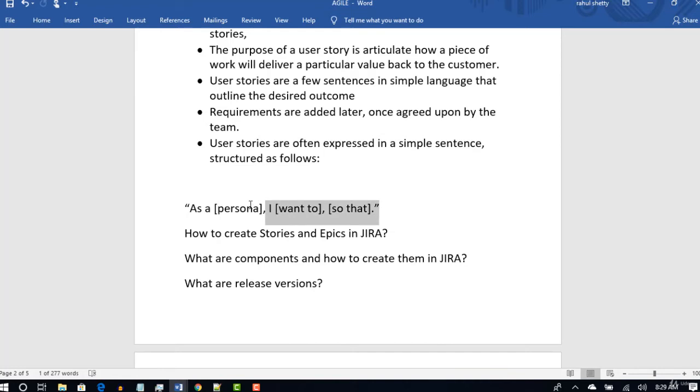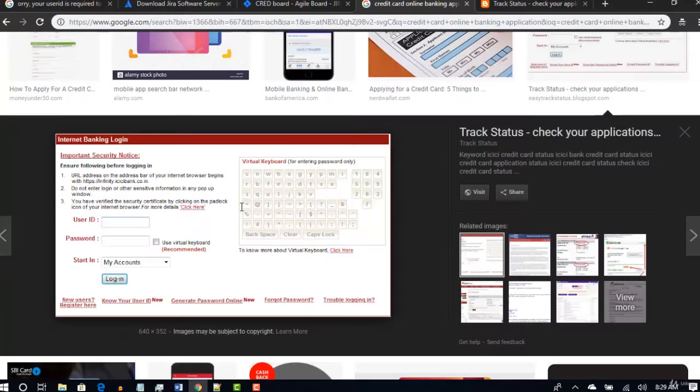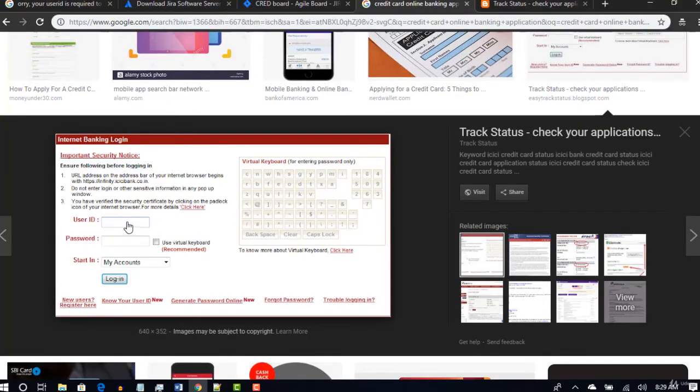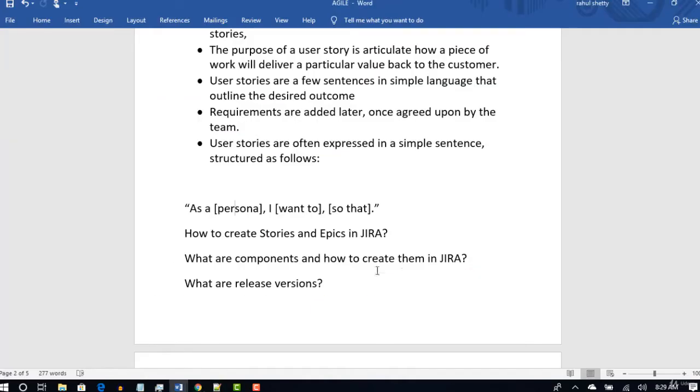This statement should be written from the customer's perspective. For example, I am a customer of this credit card banking application, then the user story should be written this way: as a credit card online banking customer, I want to enter username and password so that I can submit my credentials into the portal.